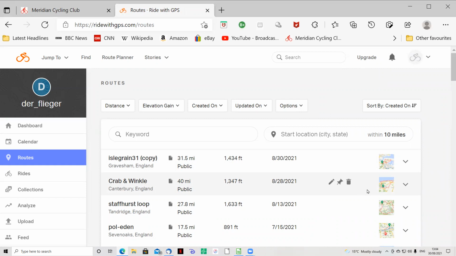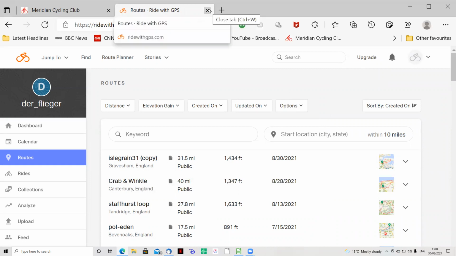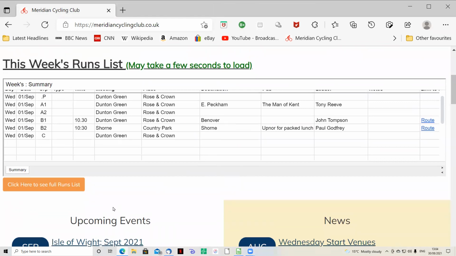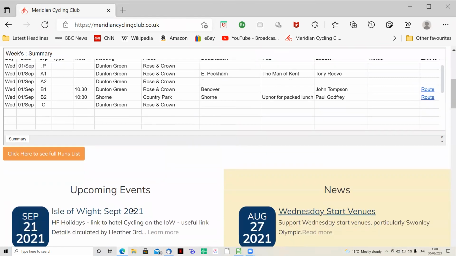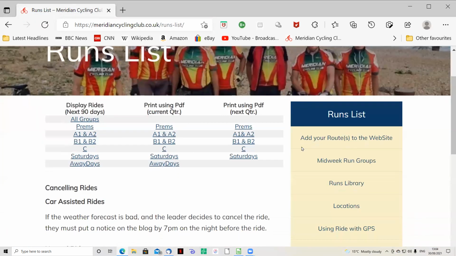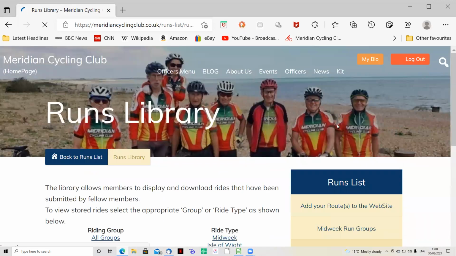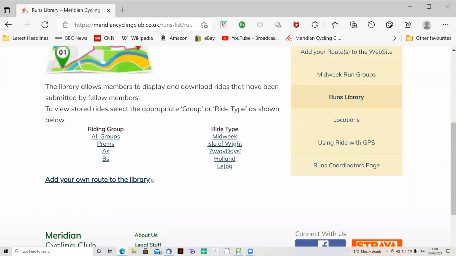Now, exactly the same system can be used for any rides that are in the runs library. And for information purposes, I'll go through that now. So to get to the runs library, click on full runs list, click on runs library. We're going to look at all groups,